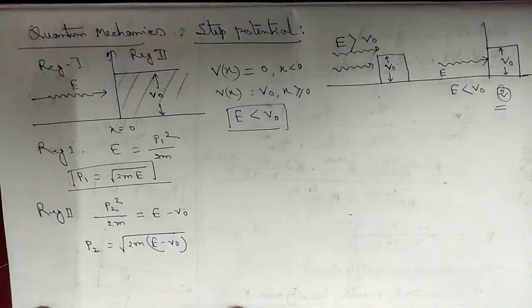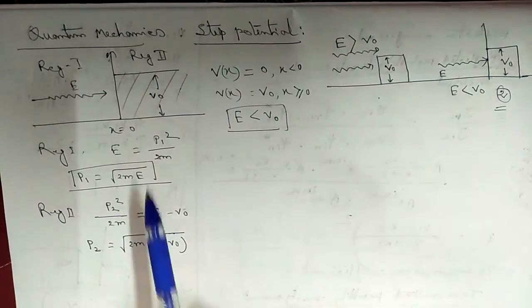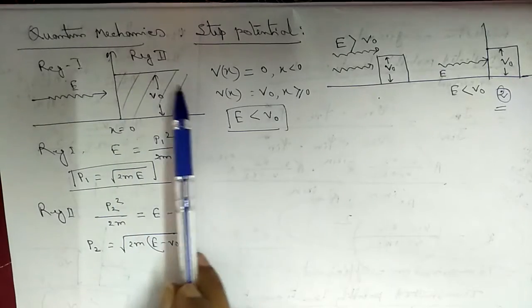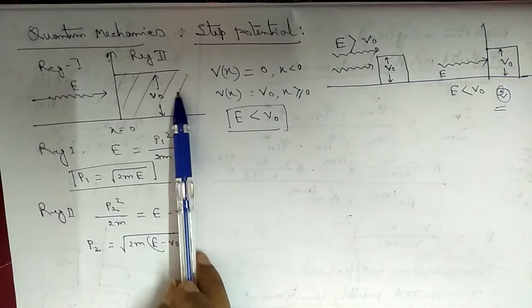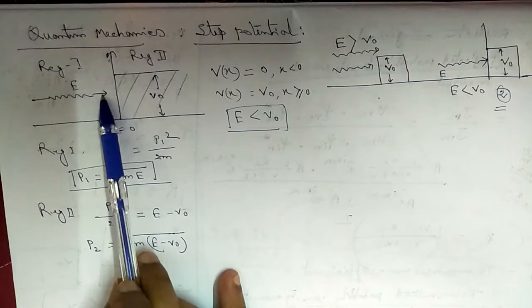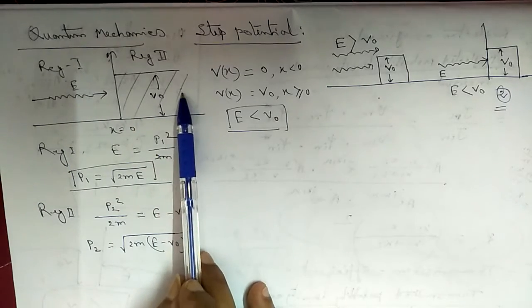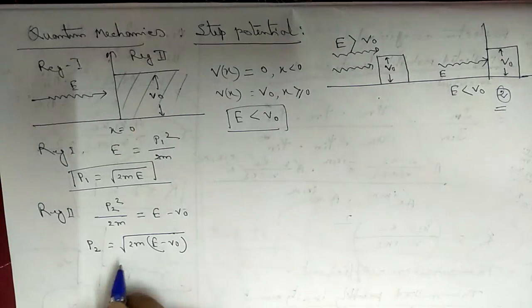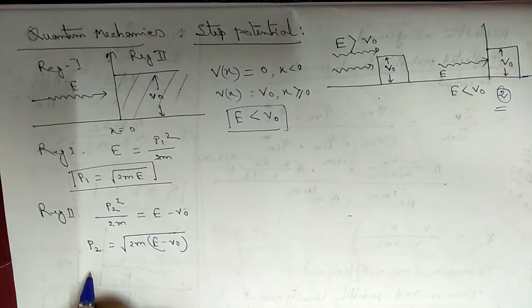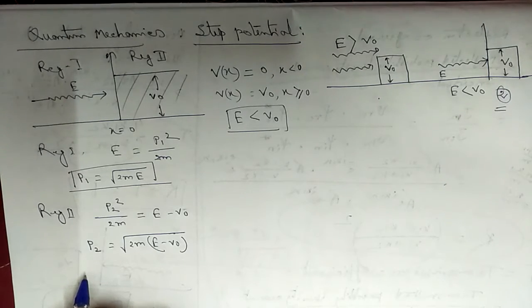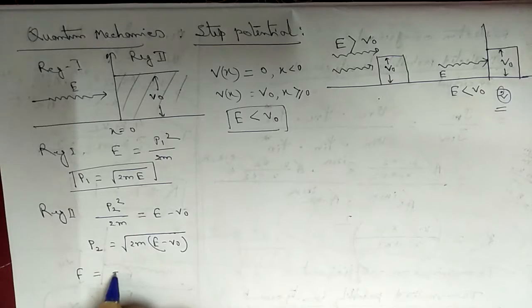That is, the particle will not have any momentum, that is any velocity, in region 2. What does it mean? That there is no probability that the particle will travel in region 2. Rather, the potential barrier will try to impose some retardation force, and the value of the retardation force F will be equal to